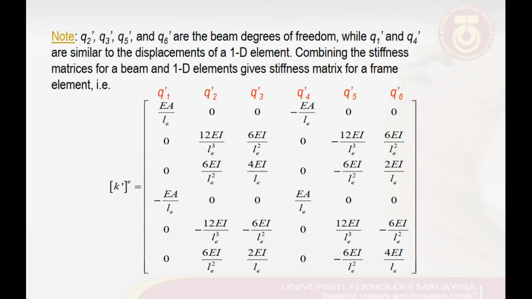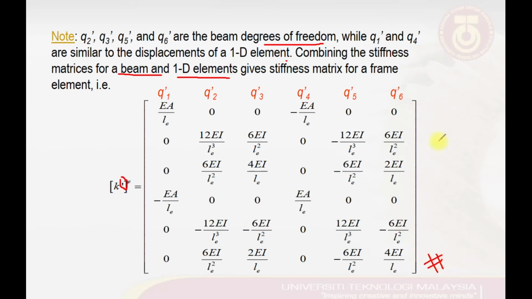So Q2 prime, Q3 prime, Q5 prime, and Q6 prime are the beam's degrees of freedom, while Q1 prime and Q4 prime are similar to the displacement of 1D elements. So combining this stiffness matrix for a beam and 1D elements gives the stiffness matrix for frame elements written in local coordinate system